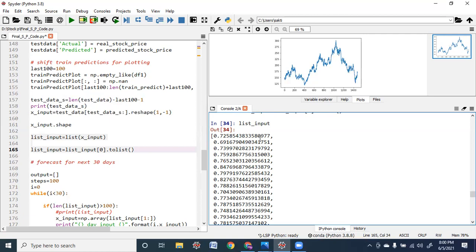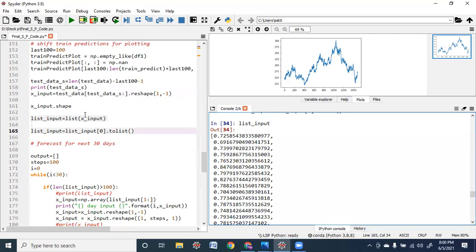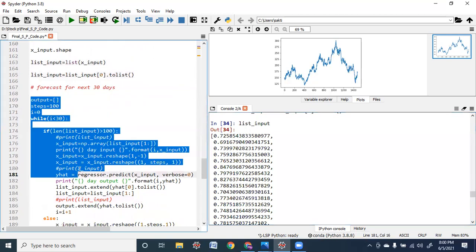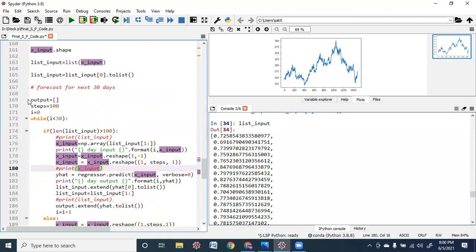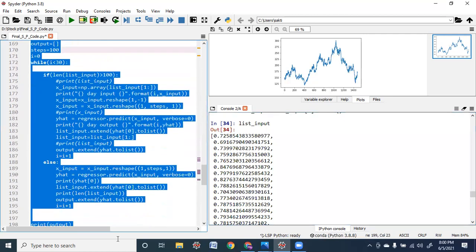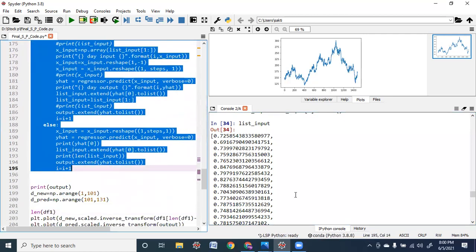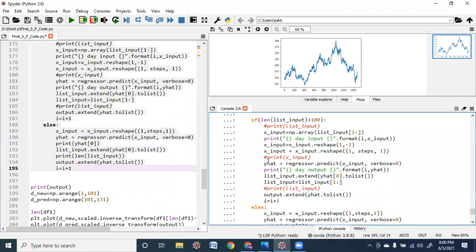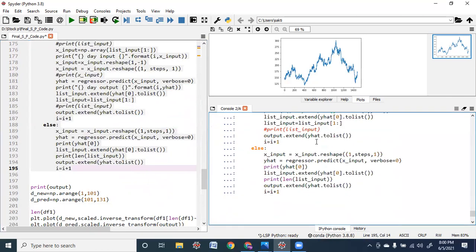Now, whenever we start executing this forecast for the next 30 days, we are considering the steps as 100, the blank list as output, and the iteration as 0. So whenever the first record has been taken, the else part of this loop will be executed. For the first record alone, the else part will be executed.